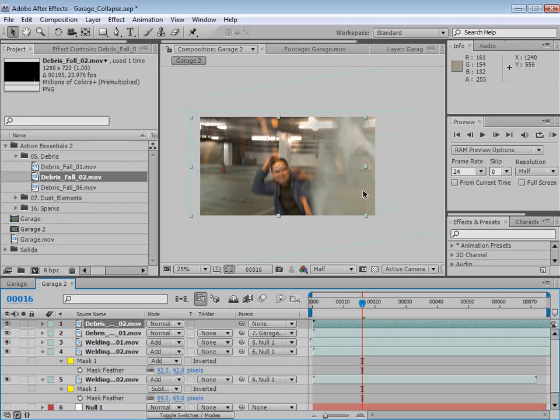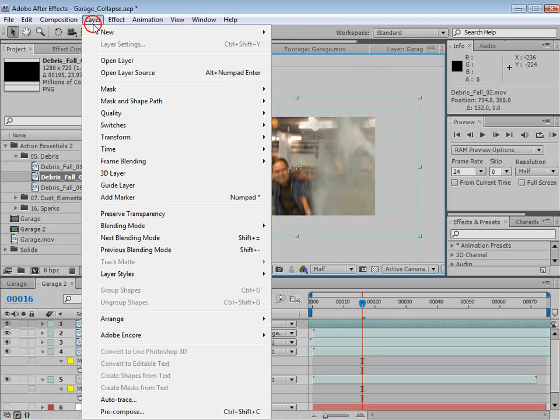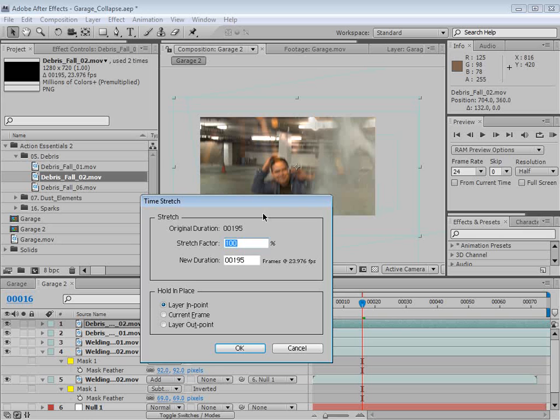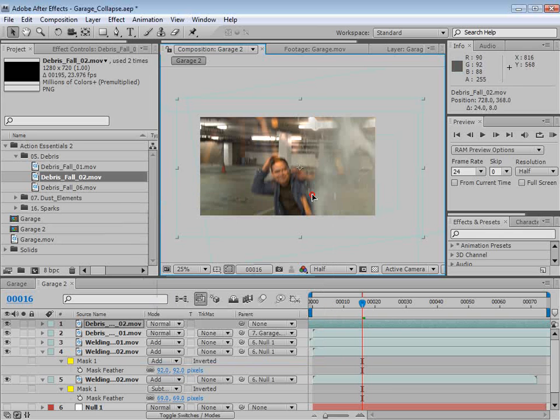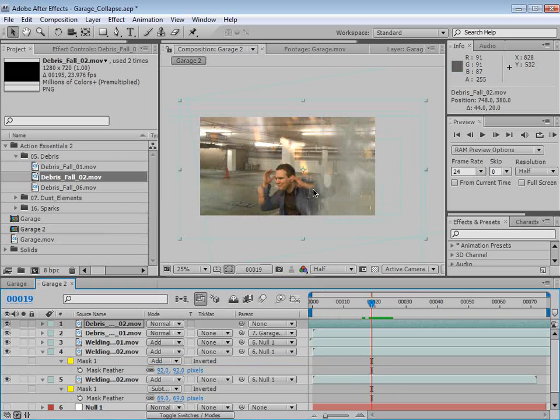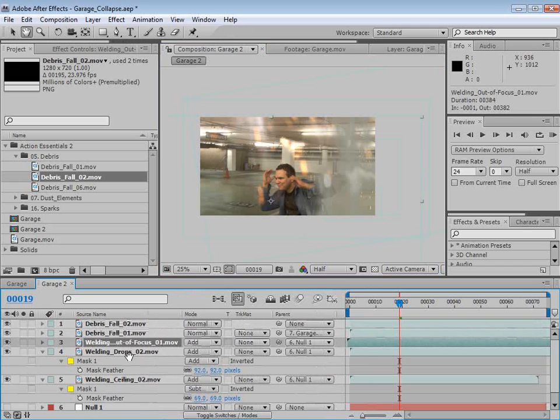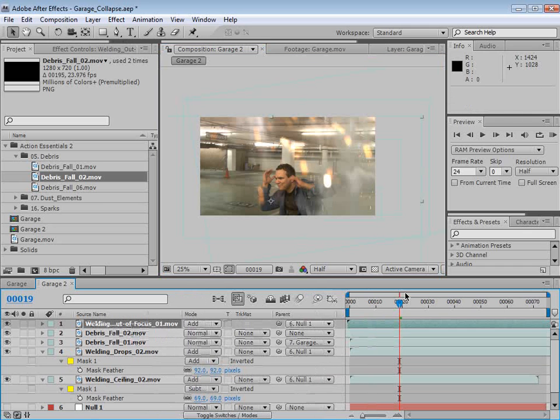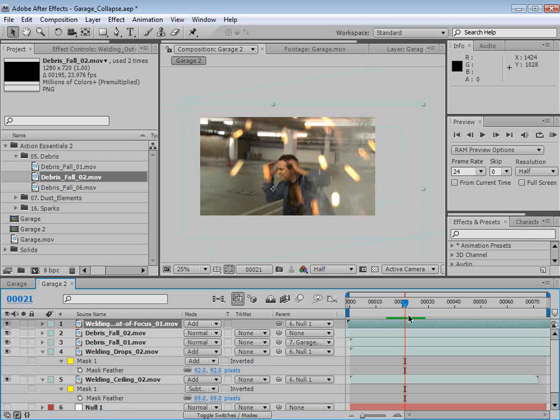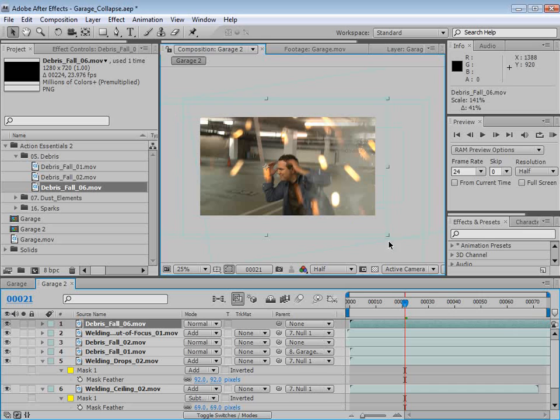And we have some other debris elements here. Same kind of concept. We'll go time stretch to about 50. And those are some small particles. And make sure that our out of focus sparks are on top of everything, because those are closest to the camera. And then we have another debris element